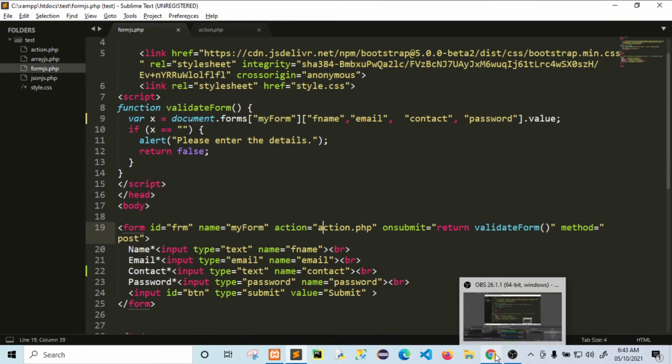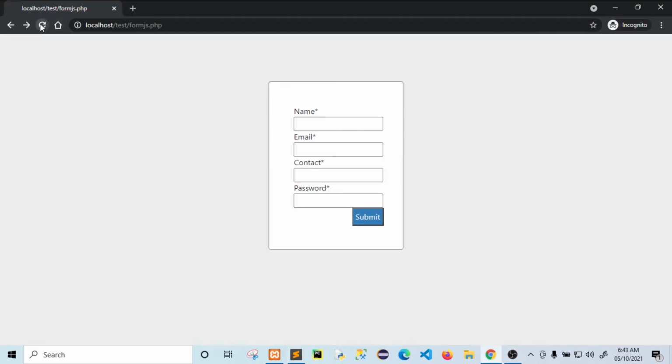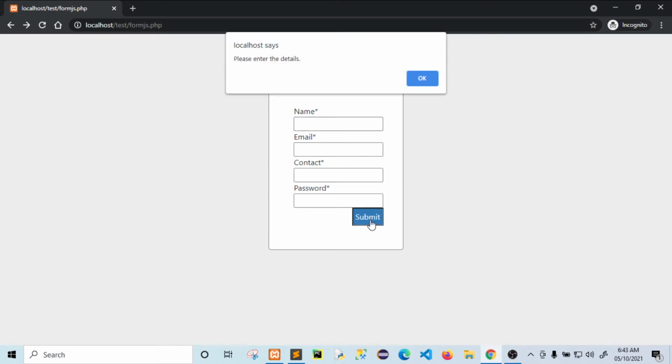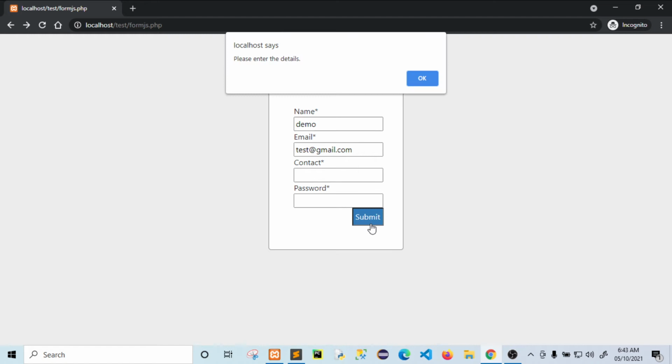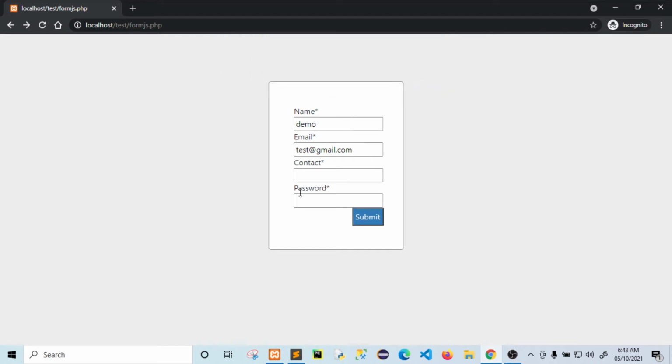So let us see. As we have seen, if we do not enter any value, then it shows the alert, please enter the details. If we enter the value, suppose demo test@gmail.com, and we do not enter the contact number, then it will show the alert message.